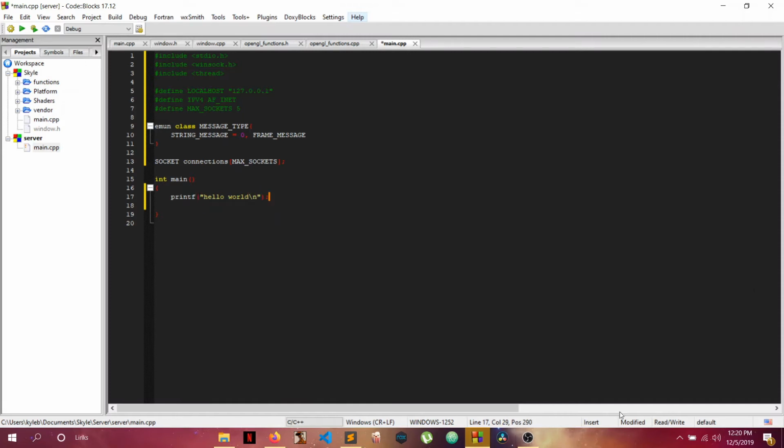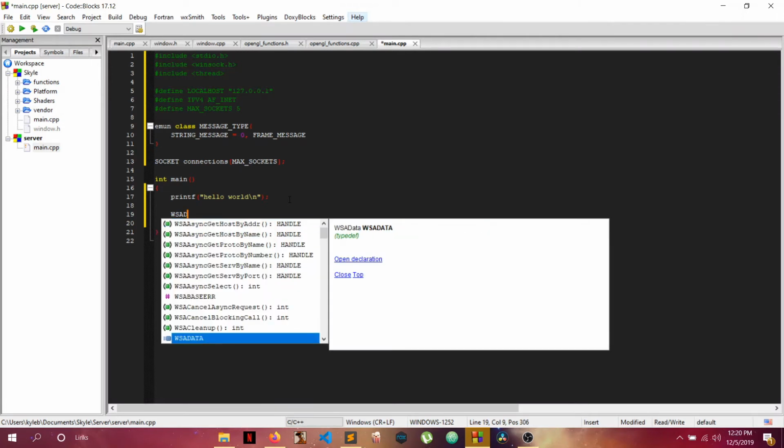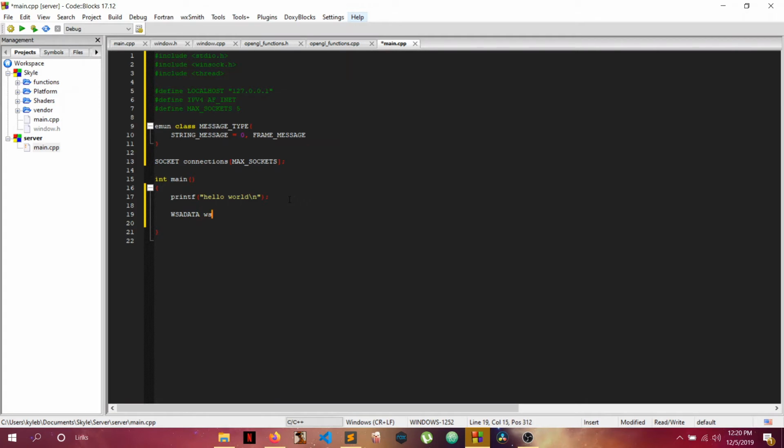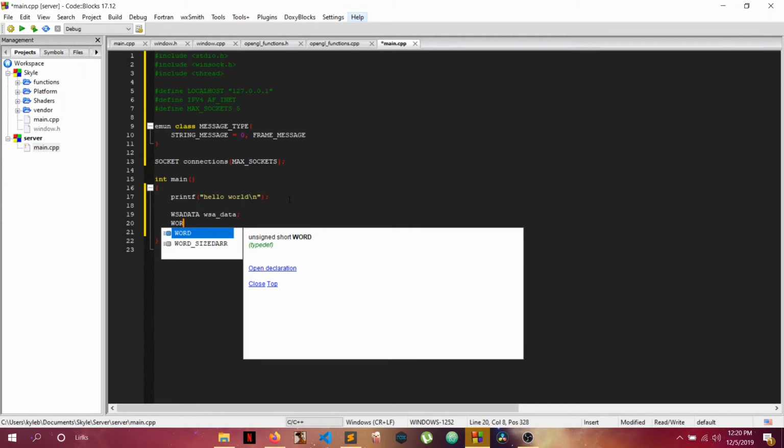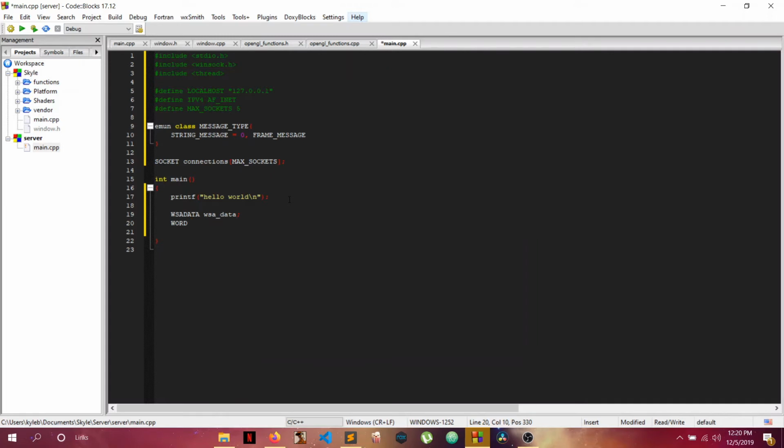Okay. So next, these older time libraries have some weird startup things. For example, this one to me is pretty weird with startup. So let's create something called WSA data. I have to create one of those. I'll just call it this because I don't plan to use it anywhere else really. This is used for startup. We have to create something called a word. A word is just an unsigned short, as you can see, but Microsoft just has to name stuff weird, and then it's going to be called the DLL version,